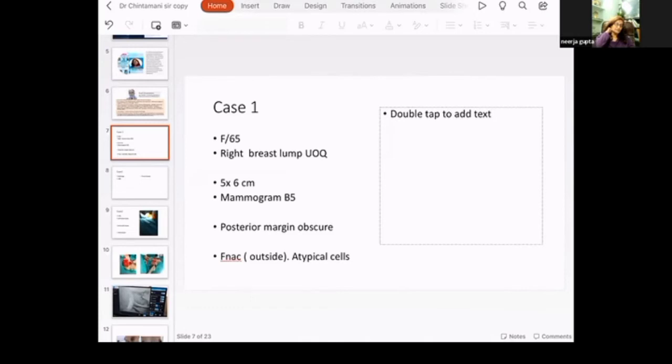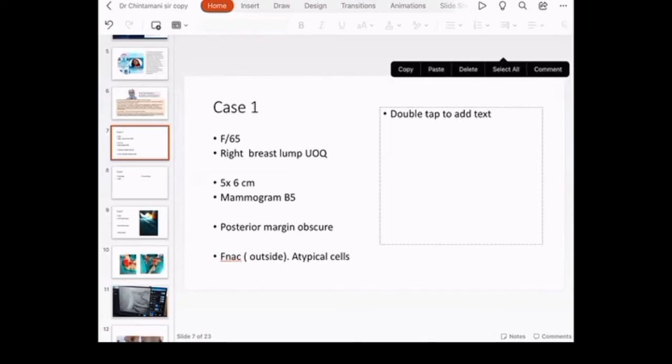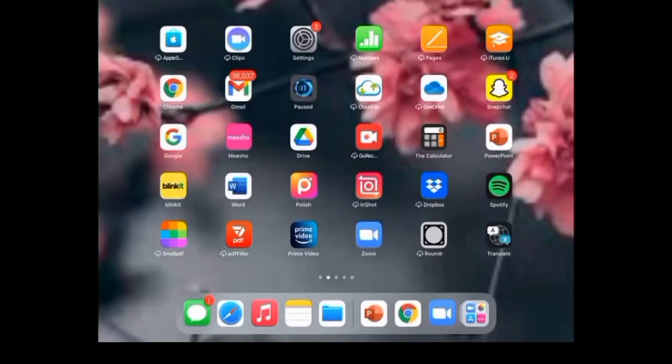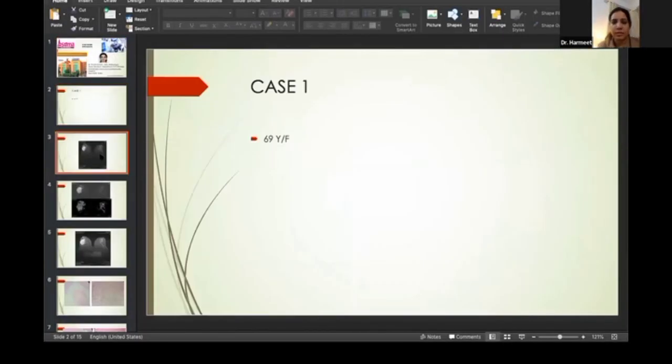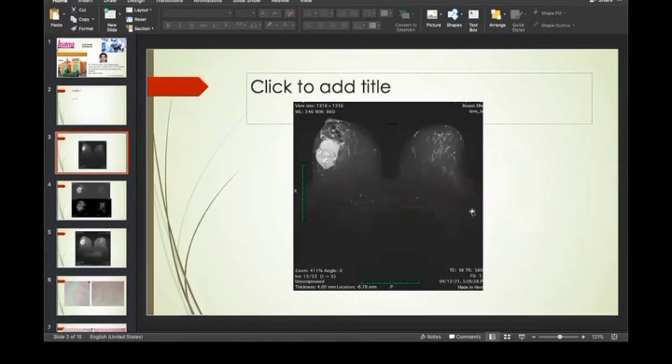But then she underwent an MRI also. So do we have that slide? You can share the screen. I'll stop sharing mine. Yes, ma'am. Is the screen visible? Yes. So